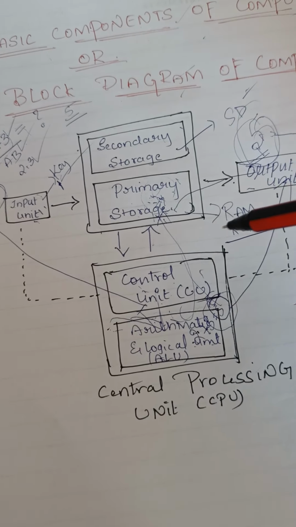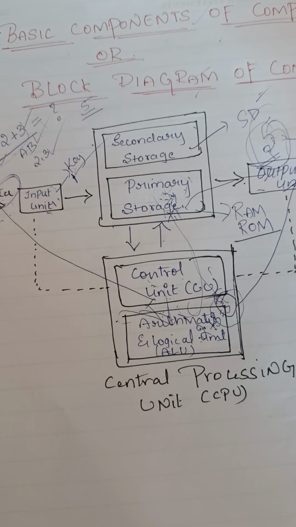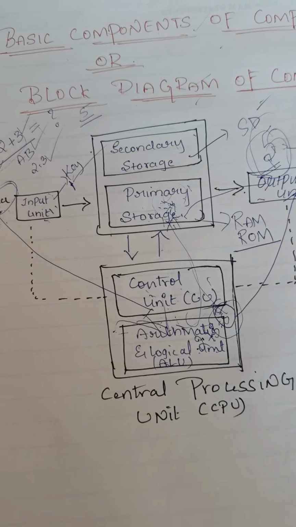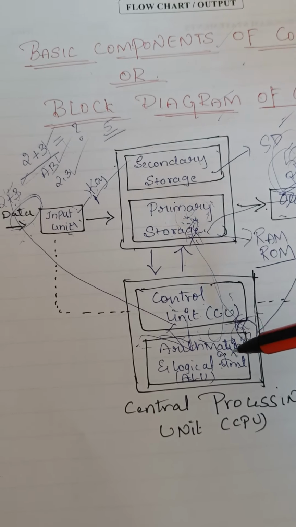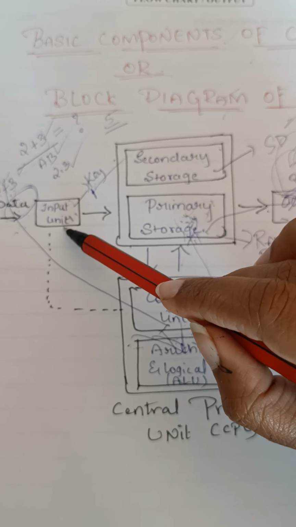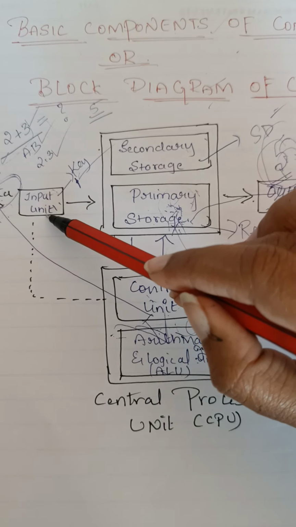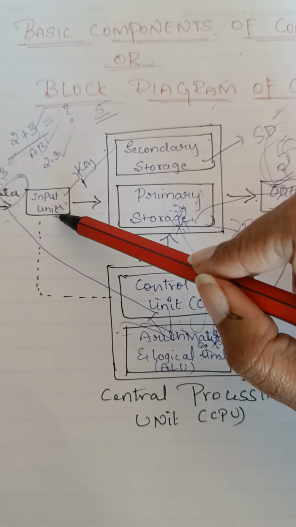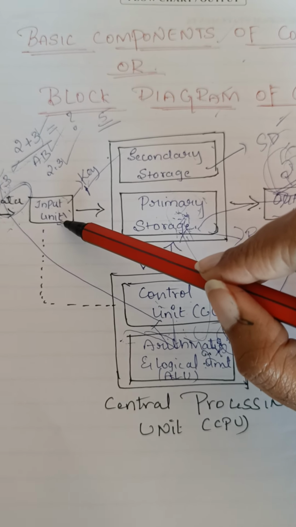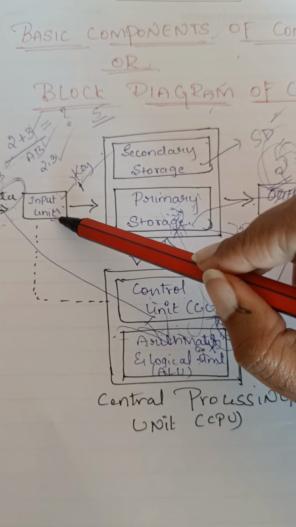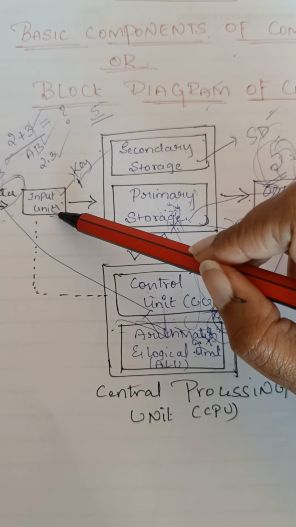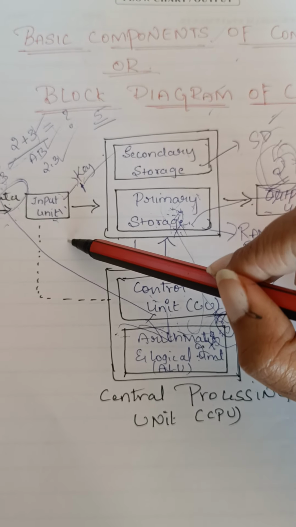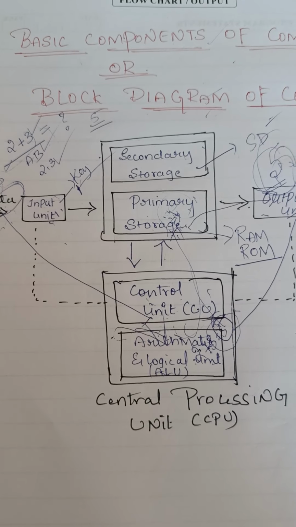So this is the explanation of the block diagram of computer science, students. If they ask a question like this, first you have to draw the diagram. After drawing the diagram, first go to the input unit and write what the different input units are, and also write the functions of the input unit. So what are the functions of the input unit? It stores the data, whatever the user gives, or it stores the input. Through the input, we communicate with the computer.